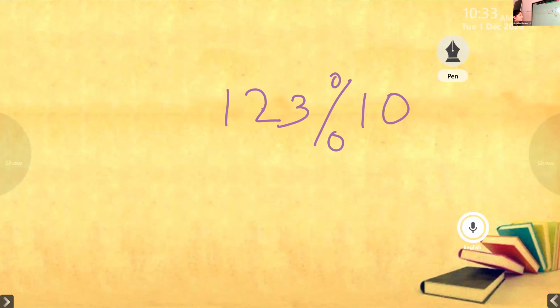123 modulus 10. Evelyn, when you divide 123 by 10, what will be the remainder? That is the answer for this question, isn't it?